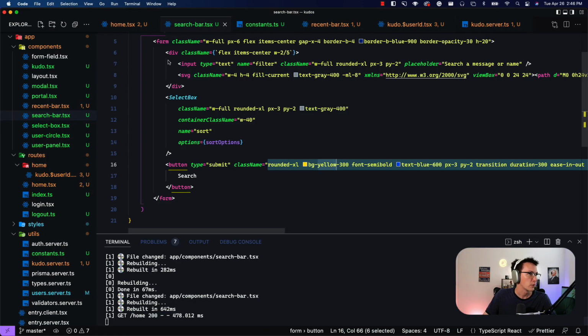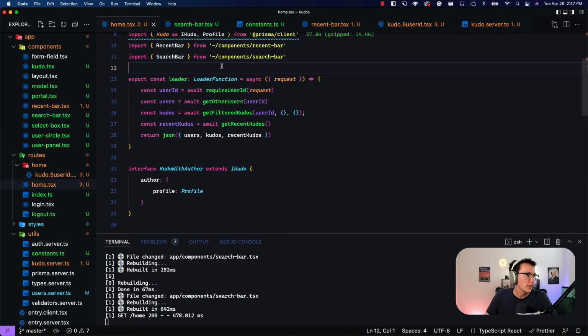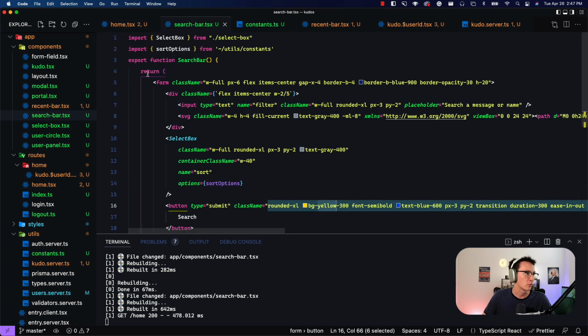So if we go back to our home page, we can update our loader function to take into account any data passed via the URL that might have our sorting and filtering options. And then we'll build up our filter objects that get passed into our filtered Kudos right here and pass them in. The way we're going to do that is if you go back to the search bar component real quick,